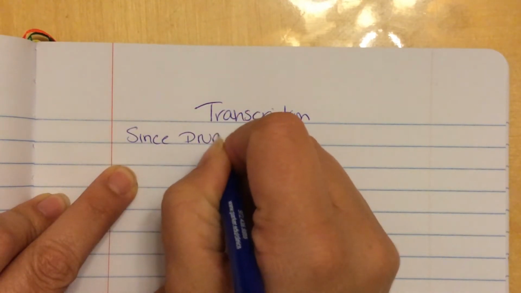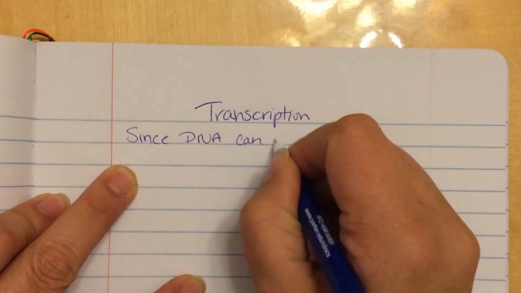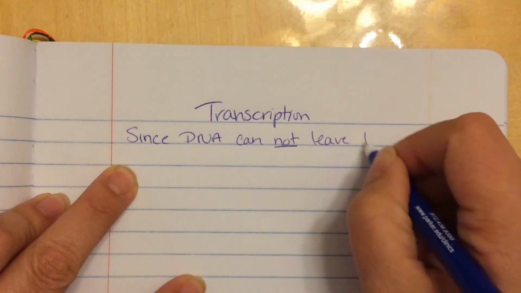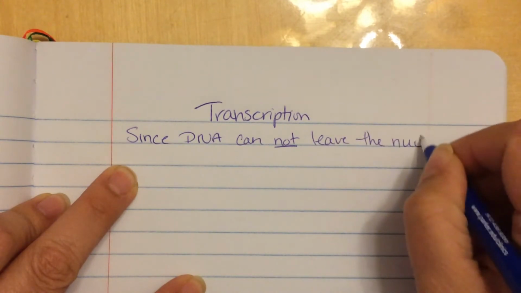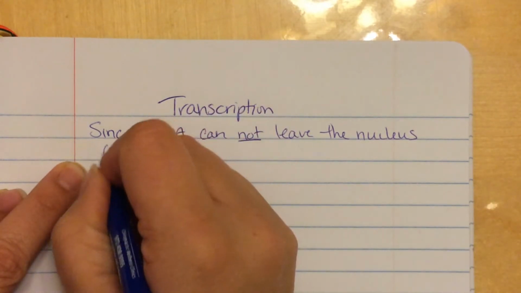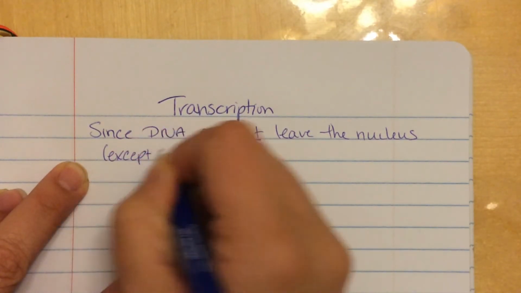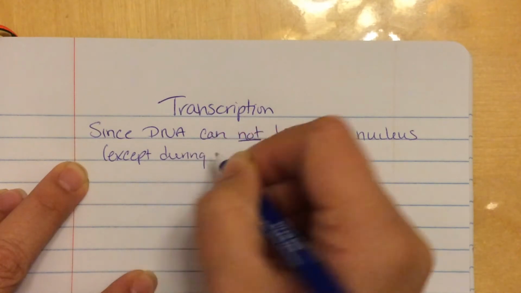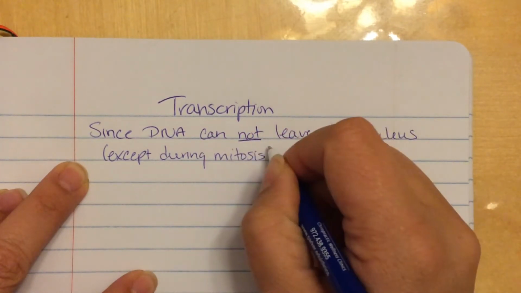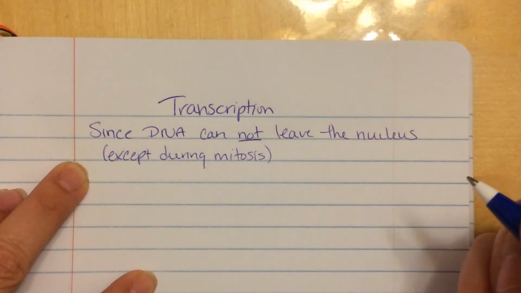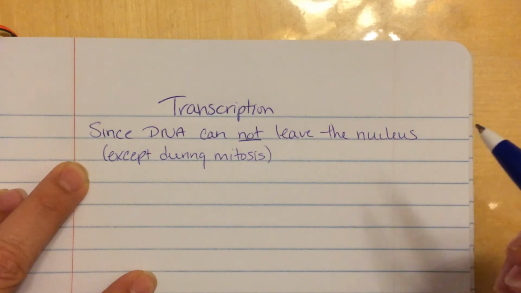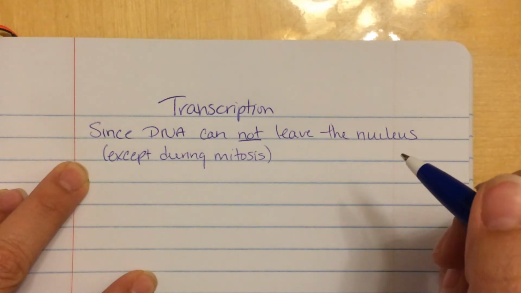Since DNA cannot leave the nucleus, and of course there is an exception to that, so let's just include it, except during mitosis, and then it gets all wound up and attaches the centromeres to the spindle fibers and all that. But since DNA cannot leave the nucleus except during mitosis,